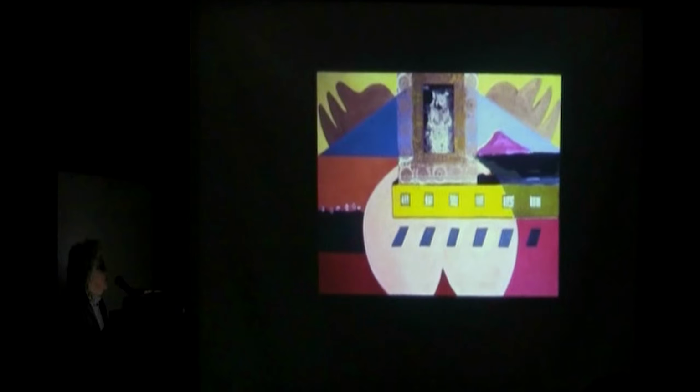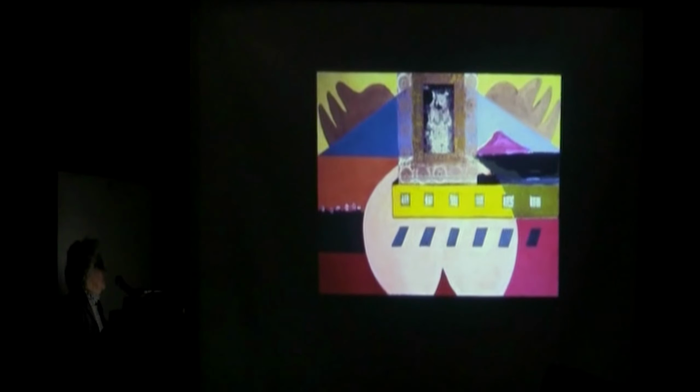This is an altar painting. Using wallpaper and